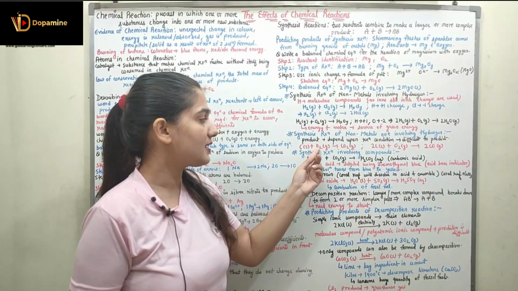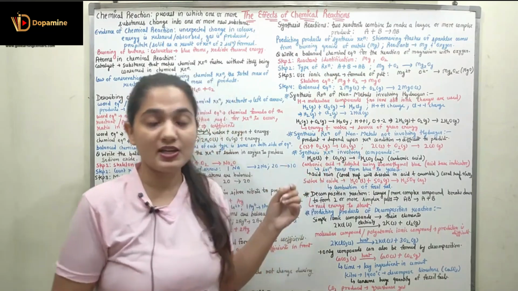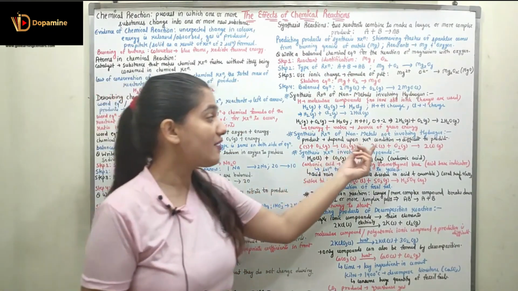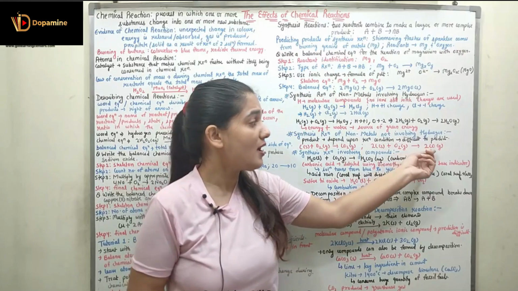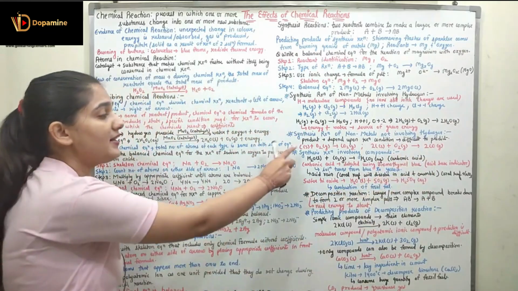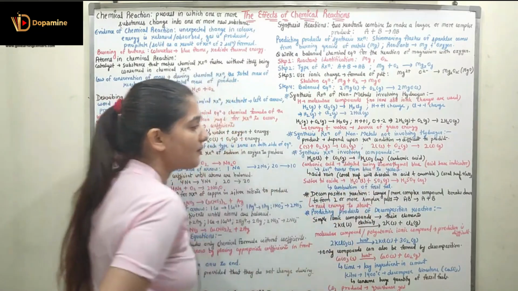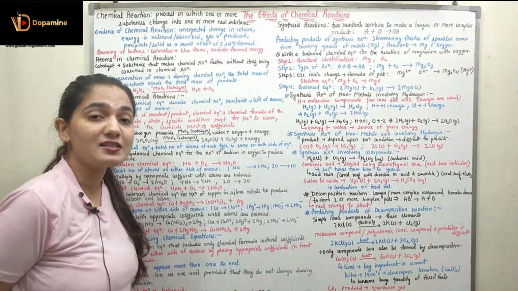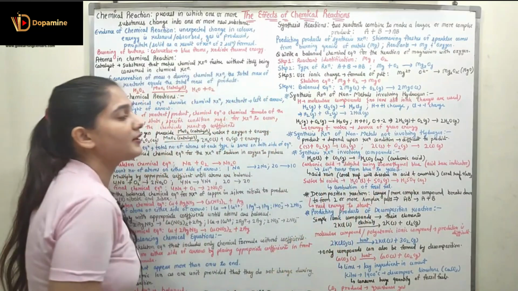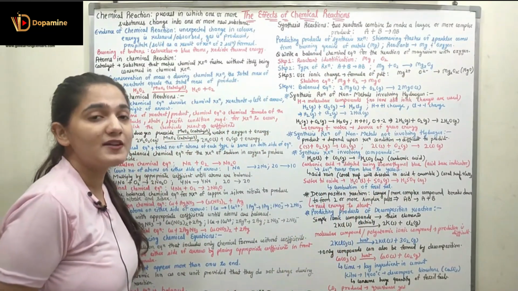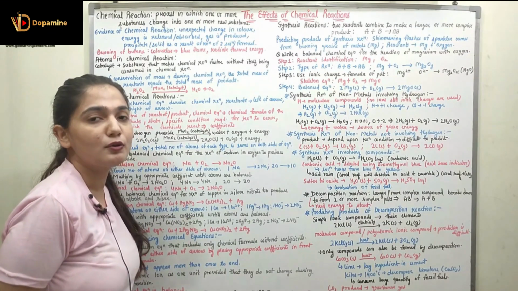Carbon in the solid state can react with O2 in the gaseous form to form CO2 in the gaseous form. Whereas if I have two carbon in the solid state reacting with the same oxygen, it forms carbon monoxide. So depending upon the amount of carbon, here we have one carbon atom, here we have two carbon atoms. When we have an excess of carbon, we form the carbon monoxide, and here we form the carbon dioxide. So it is difficult to predict the product in these kinds of reactions without knowing all of